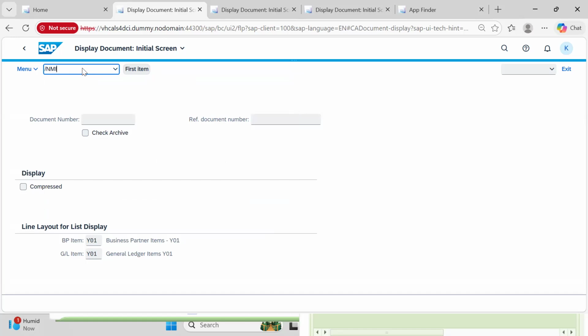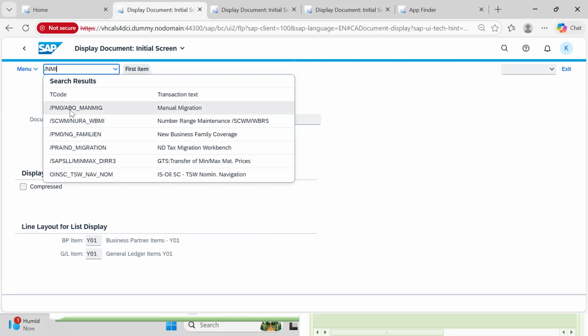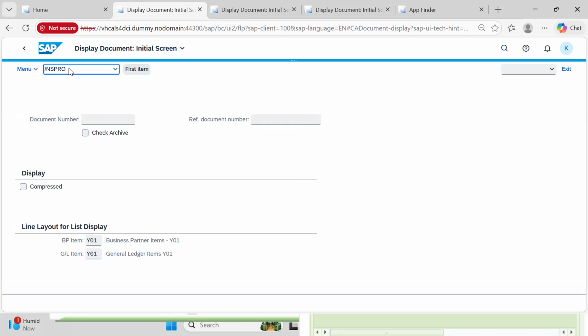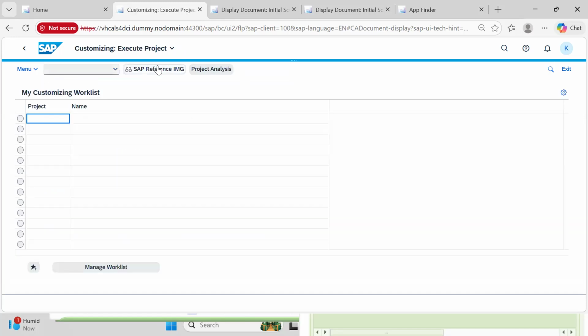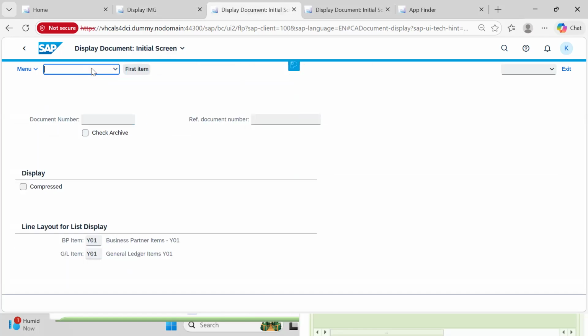The moment you type the relevant transaction code, it will start showing all the relevant things. All the search results start coming in. Okay, so this is how you can do it. Let's say, for example, I'm getting into /n SPRO. Press enter as usual. Now I'm in the SPRO screen on one side. Now here I'll get into BP, /n BP. Same way you go here, you just say /n